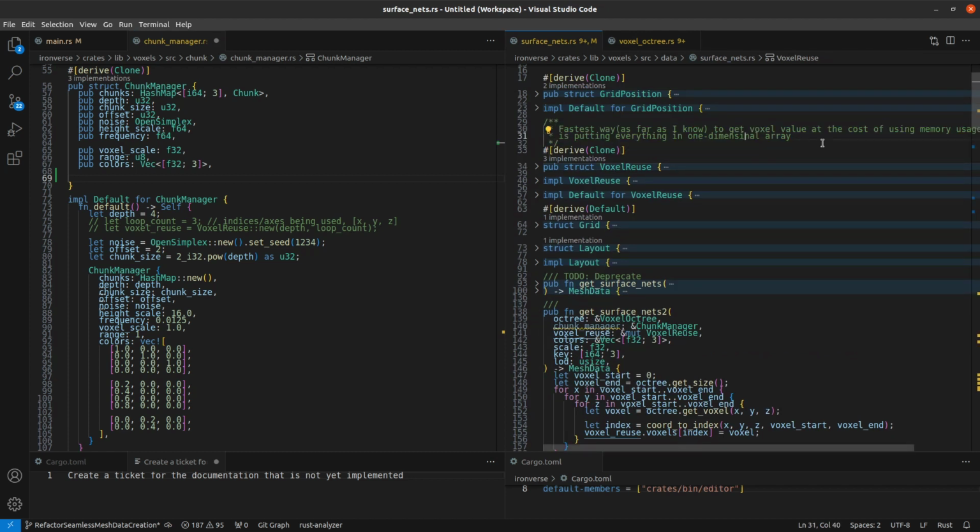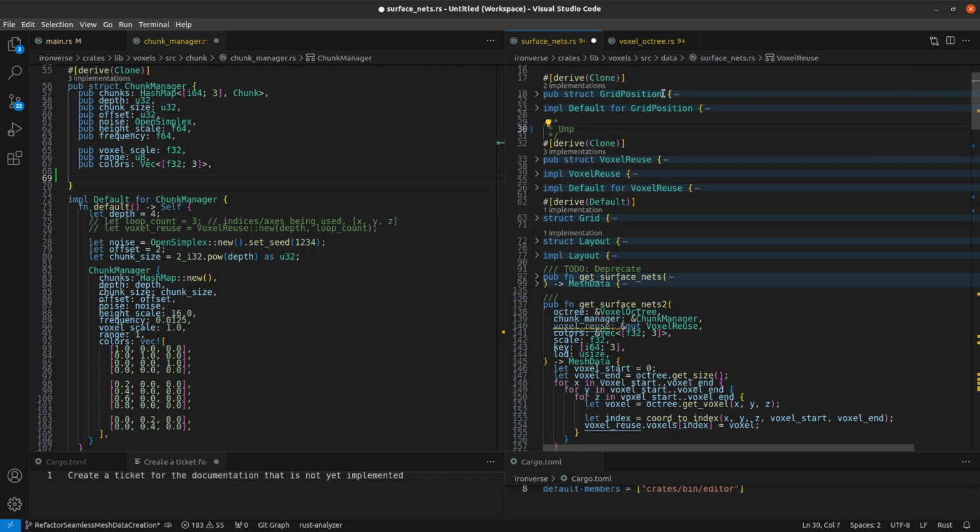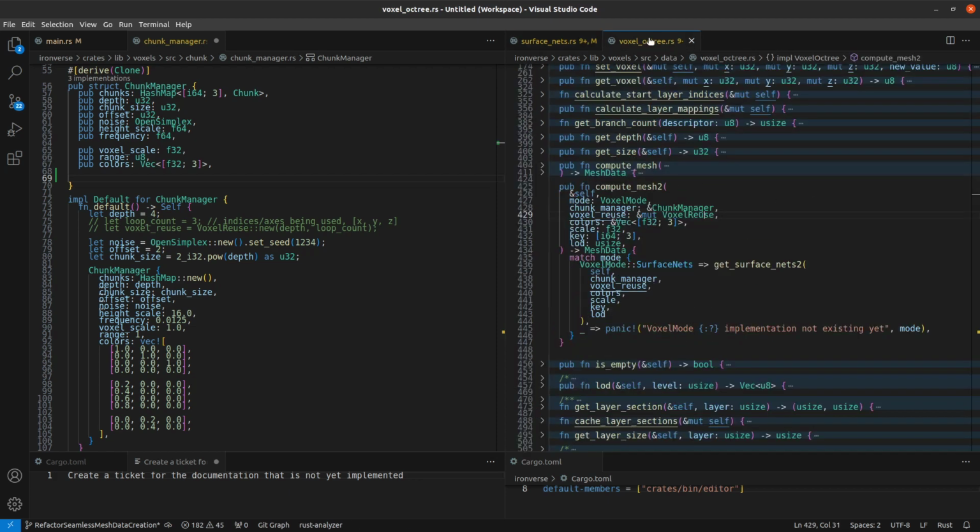One dimensional. Yeah, we're just unpacking the voxel Octree data into a one dimensional array for performance. I think that's a better description. Okay, then